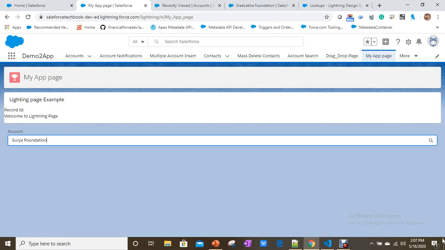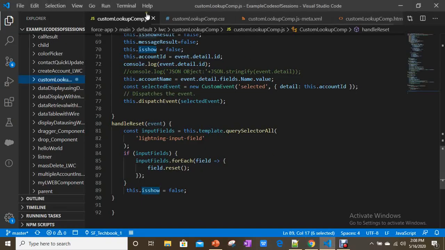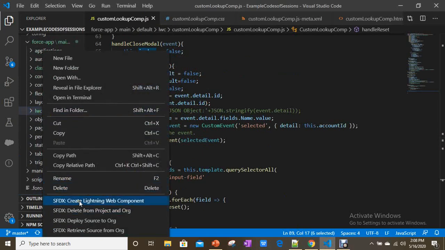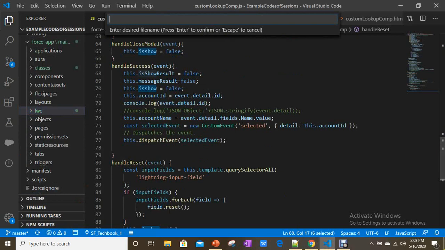Now we have successfully completed a custom lookup implementation. Now how we can include the same thing in a separate component, that is a parent component for creating the contact. Let's see. It is very simple. Let me create a web component, create contact.